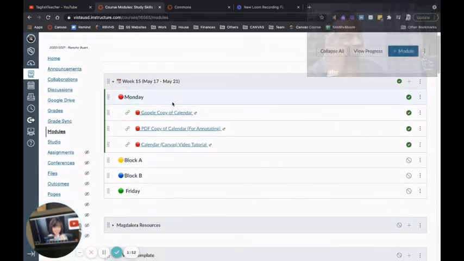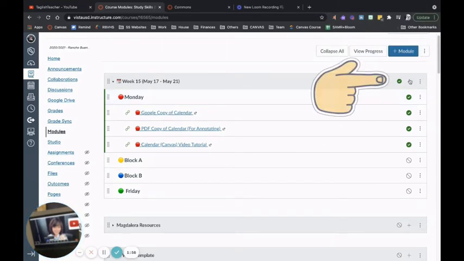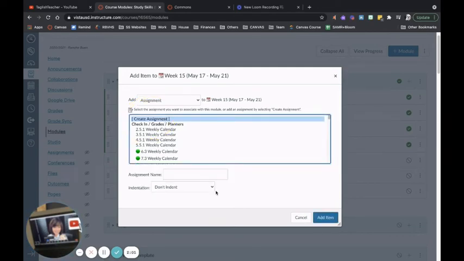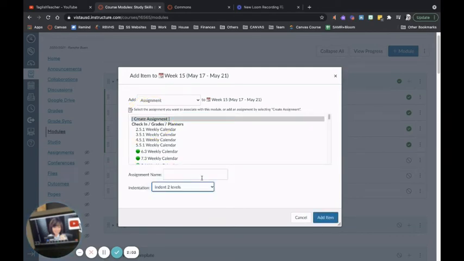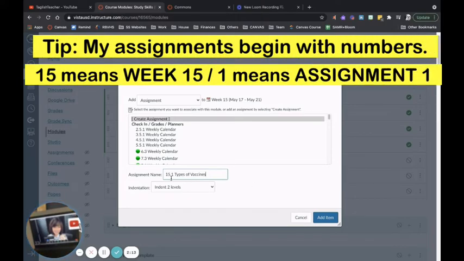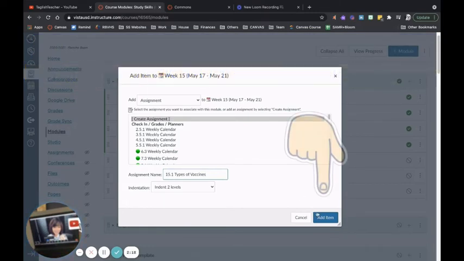So let's pretend we're going to go ahead and make an assignment for week 15. Click plus, click create assignment. Now I like to indent, and then we're going to title this types of vaccines. Now I'm going to create a video on different tips that I do for Canvas. For example, this one right here, 15.1 represents week 15 assignment number 1 for the week, but that's for another video. So click add an item,